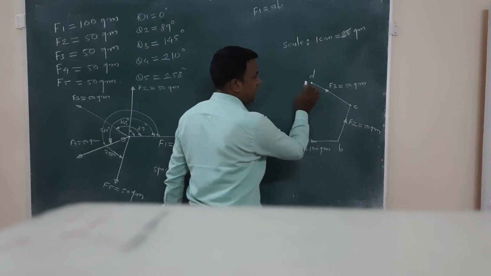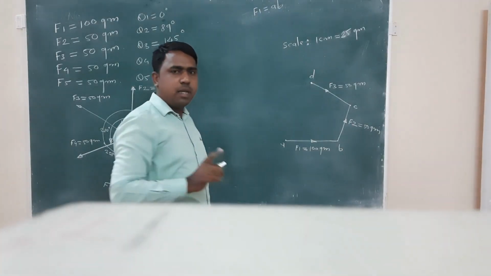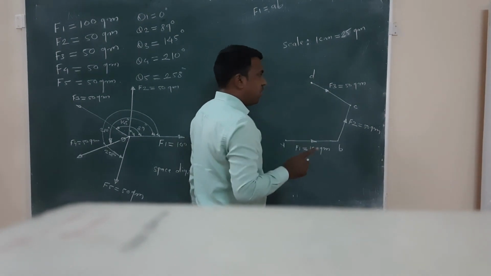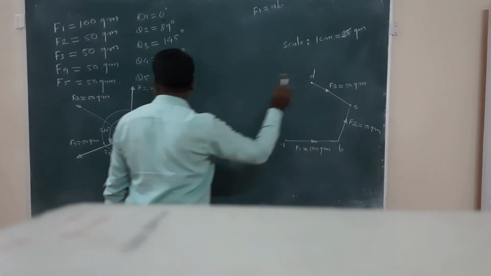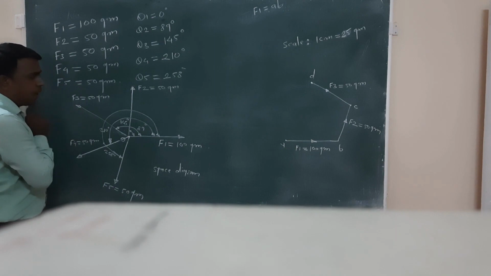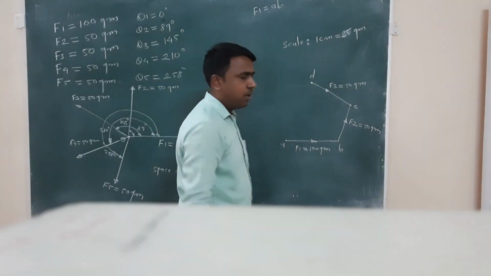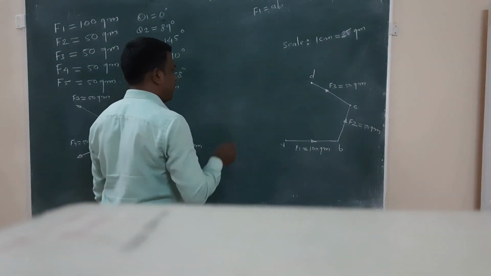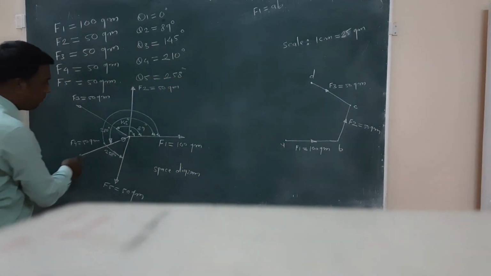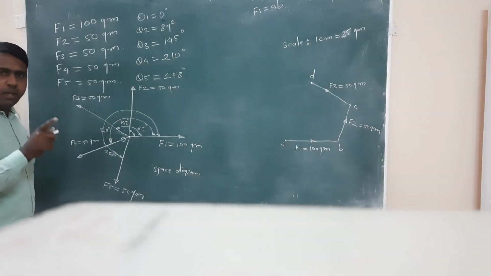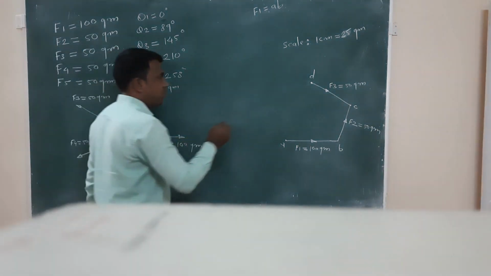तो यहाँ पे लेंथ कितना लेना है अपने को वेक्टर डायग्राम निकालते टाइम में? 2 सेंटीमीटर. तो C to D का लेंथ है 2 सेंटीमीटर और डायरेक्शन है, parallel to the force F3. So this line is parallel to this line. Okay. Then the next force is F4, this one. Again the magnitude is 50 gram, so again the length is 2 centimeter.